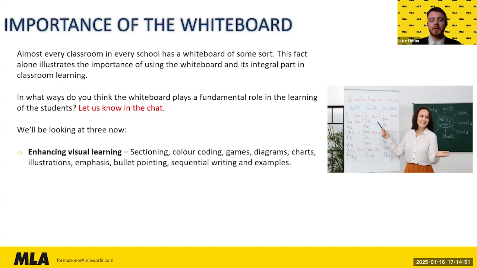Let's say grouping verbs together or prepositions, rather than the whiteboard looking a little bit messy with words all over the place. It's good to section the points that you want. Color coding is, I would argue, quite fundamental in learning, especially for visual learners. You can use different colors to highlight different words. So you can put the verbs in blue, you can put prepositions in red,